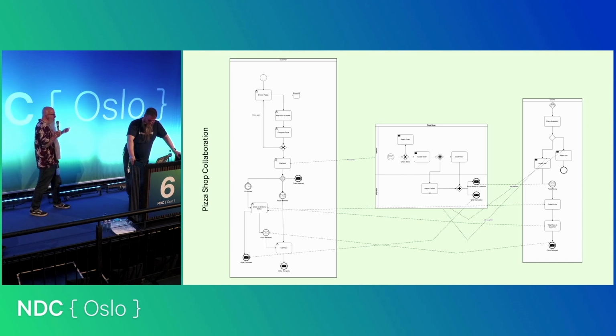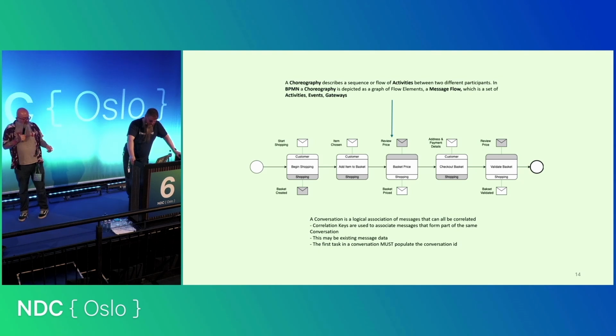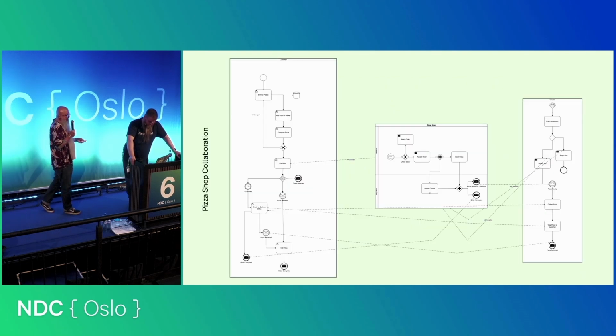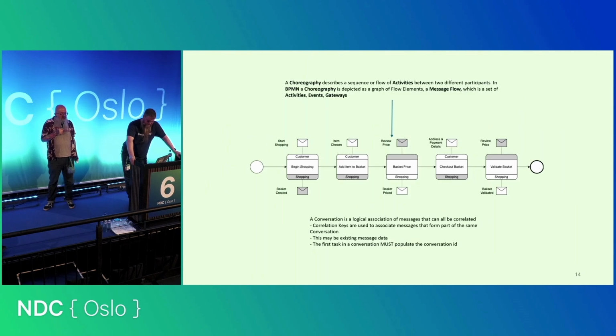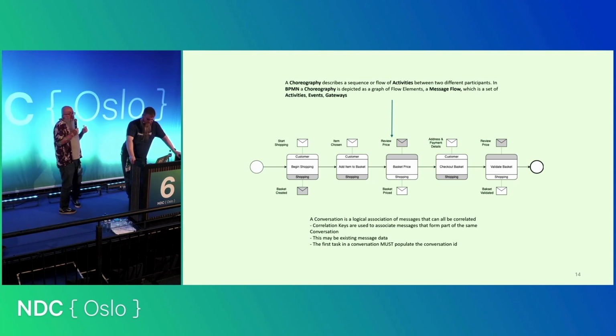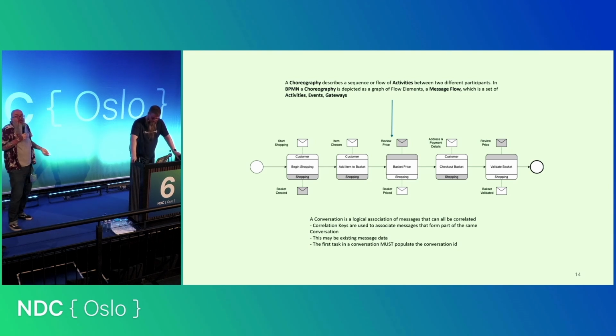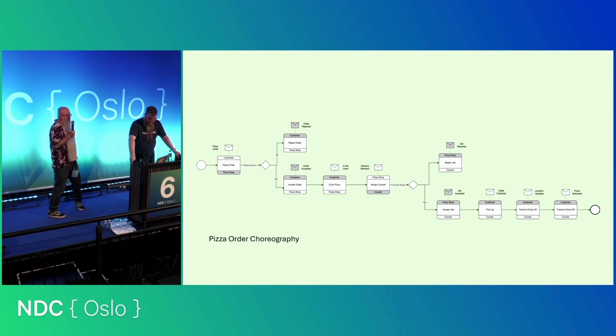Now, if you want to know what a choreography is, a choreography is essentially how we map all those little message flows that we saw earlier. How do we map them out in a way that's more visible? And that's called a choreography. I don't want to go into the depths of how you do choreography, but essentially each one of those boxes is an interaction, and the gray line indicates the receiver. So that's what a choreography looks like. It's that interplay of messages between the various systems that we have. So if you do messaging, you always have choreography, right? This is the choreography for a pizza shop.